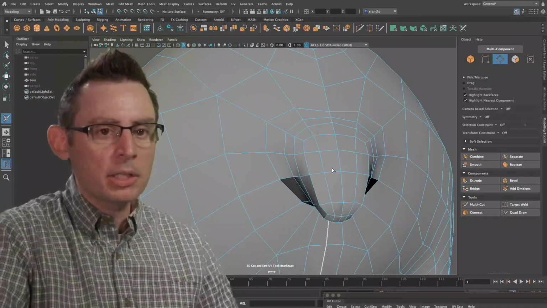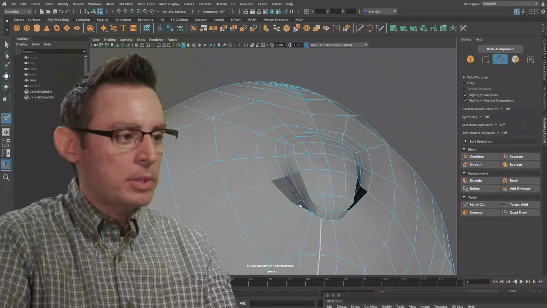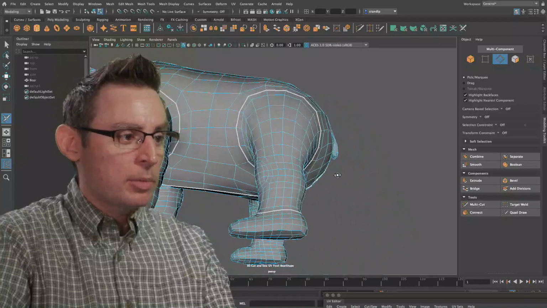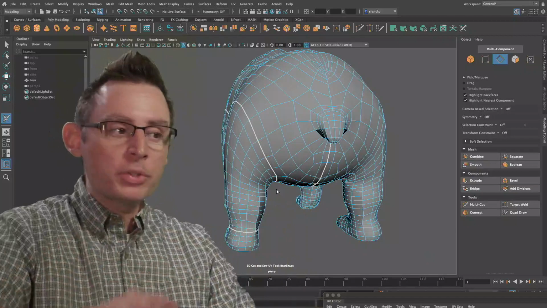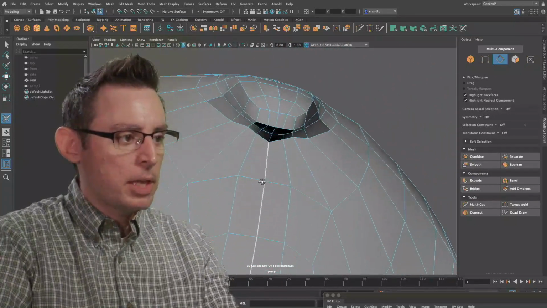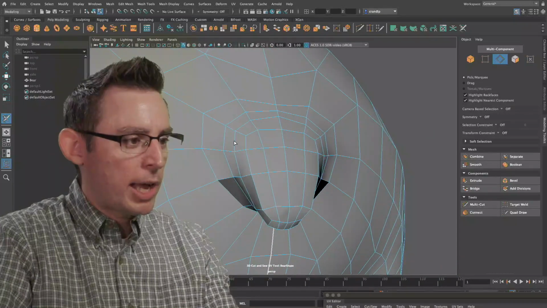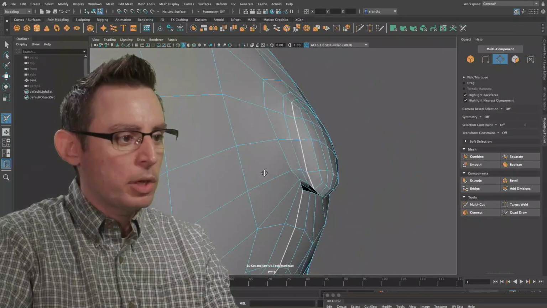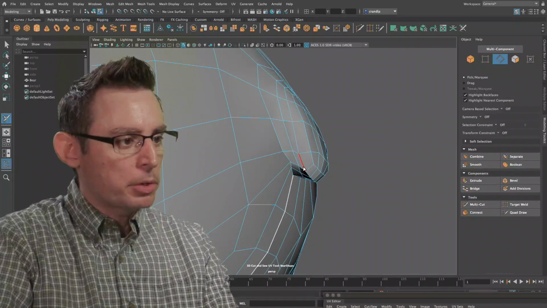When it comes to marking our seams, we kind of have to start plotting and planning out where we want these seams to go. And this white line here that indicates where the seams are is a great visualization of how we're going to break apart the geometry into a whole series of separate two-dimensional chunks. So let's look at the tail and how we can mark the tail to get the best result. I think what I want to do is try to hide the seam maybe right in here. Oh, that loop goes on the tip, so I don't want it to go on the tip of the tail, because that's going to be pretty noticeable.